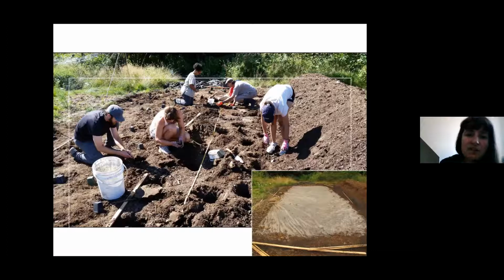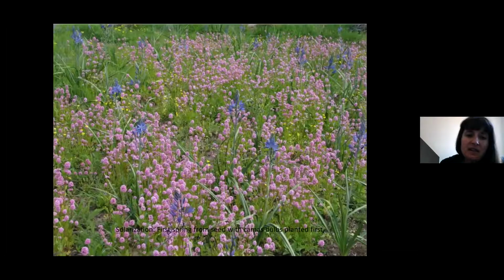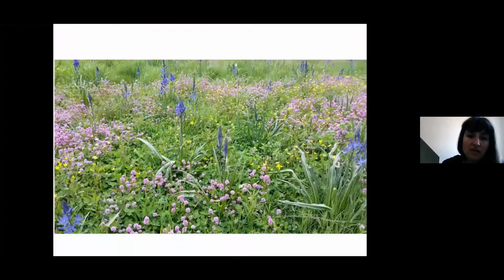But with those underlying camas bulbs, it allowed us to have species included in that first year that would otherwise take many years to bloom. So here's great camas. It takes 7 years to bloom from seed. So if you put it in a seed mix, you have to wait 7 years to see it. But we learned that you can include them under solarization plastic and they can still thrive. And more pictures of that same spot. This would be year 2 of that